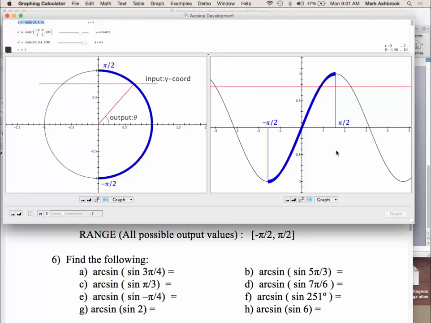So we needed to limit this range of angle measures so that for every vertical height from -1 to 1, there was exactly one angle measure. So it was really a function. And so we ended up with this range of angles from -π/2 to π/2,